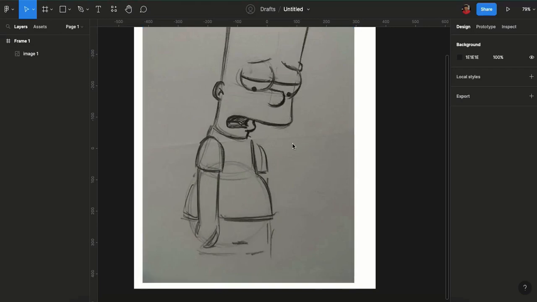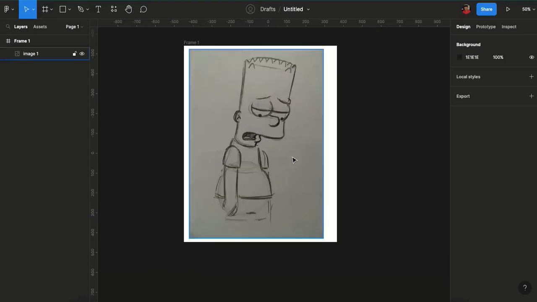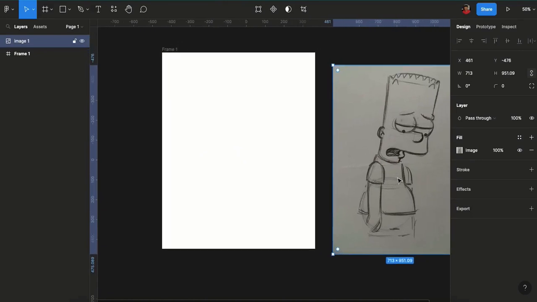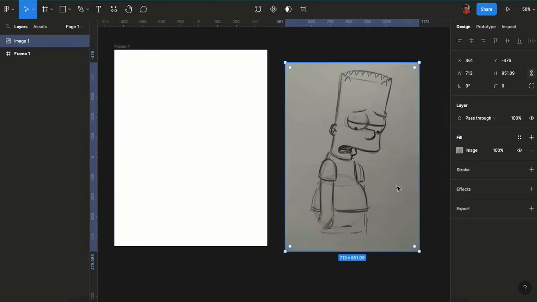Hi guys, so in this video I'm going to be showing you how to create an illustration with Figma. There are multiple ways that you can go about creating your sketch with your illustration with Figma. So this is a sketch that I got online, and I'm going to be creating an illustration out of this, meaning that I'm going to be coloring